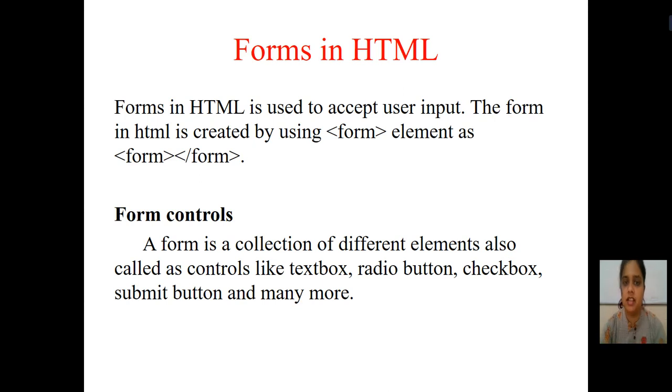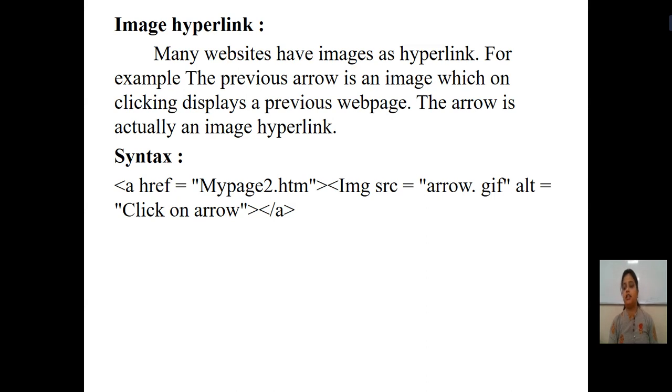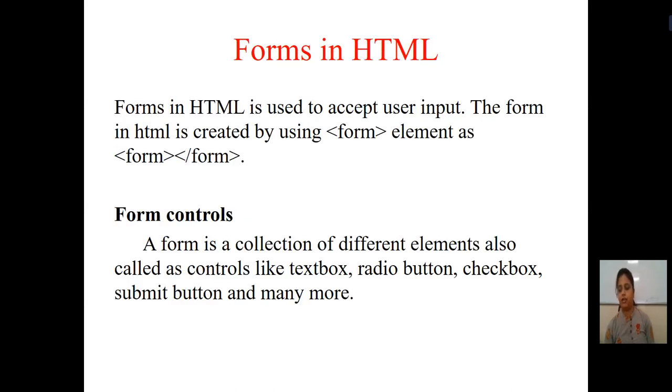Students, in the previous lecture we studied the different colors used for the hyperlink for creating an image. Or rather, what is the use of a hyperlink, we have seen in the previous lecture. So what is the use of a hyperlink, students? A hyperlink is used to link two or more different pages. If you want to link two or more different pages, they can be linked with each other with the help of a hyperlink.